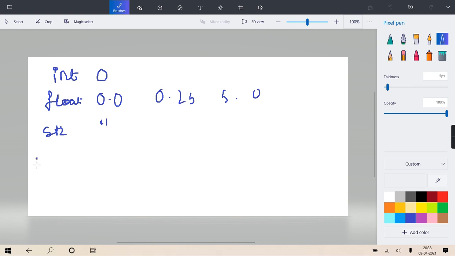And last, complex: if the real and the imaginary both are 0, 0 plus 0j, then it is false. If real is 0 but imaginary is not 0, or imaginary is 0 but real is not, that is not false. Both 0, then it is false, and all other complex numbers are true. That's the simple rule.